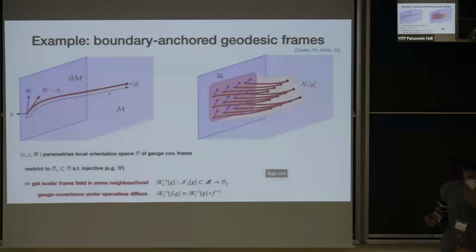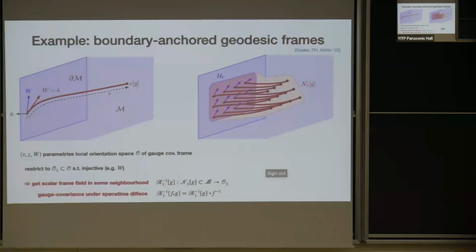And now I'll be focusing in the coming slides really on general covariant theories, so dynamical frames for the diffeomorphism group. And here's an example of how you can realize what I described on the previous slide for gravitational theories. So suppose you have a boundary in your space-time, a time-like boundary. And for simplicity at the moment, let's assume it's a finite boundary. Then you can basically parameterize bulk points by just shooting geodesics into the bulk. And this will give you a dynamical parameterization of bulk points, because of course, where you end up depends on the metric configuration.